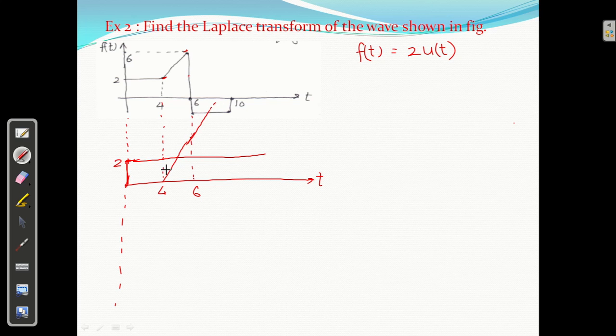So the ramp is okay up to here. But what about here? I don't want this. So what will we do? I will add one more ramp here in the other direction, so this will cancel this. So another ramp function we have. Now at 6, you can see the wave comes from here to here. How much? It is not given. Let us say 2 minus 2.